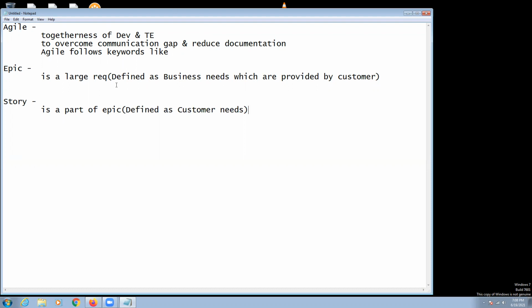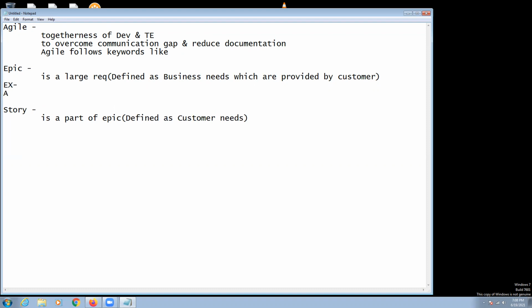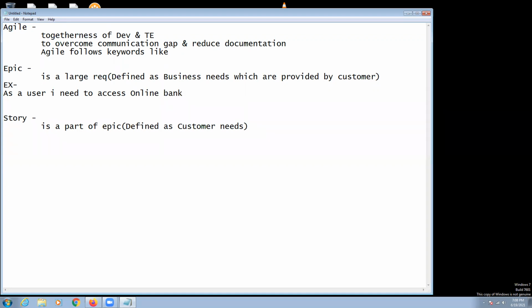And we took up an example yesterday, I put up something called an e-cart. So today I'll put up an example of an online banking application. As a user, I need to access an online banking application. That is the example I put into your notes. Now, in order to access that online banking application, the stories will be: as a user, I can register into the bank application,